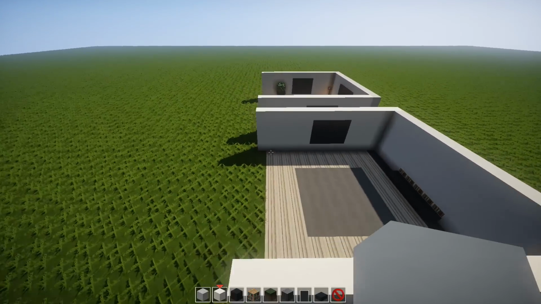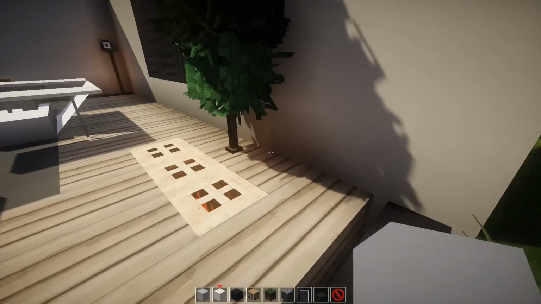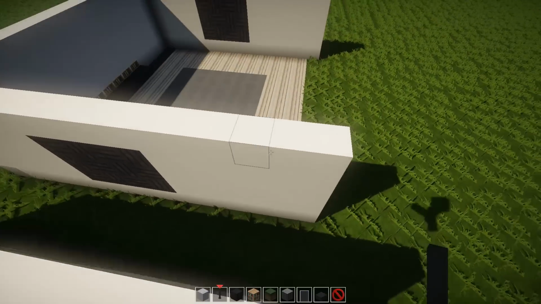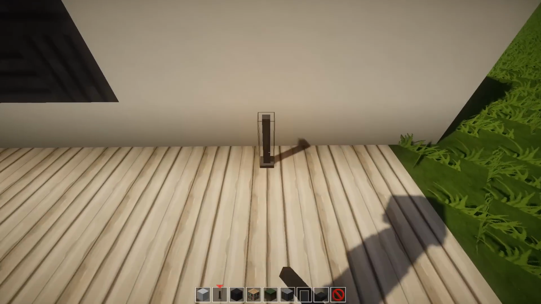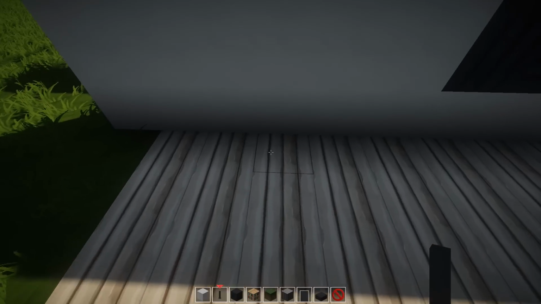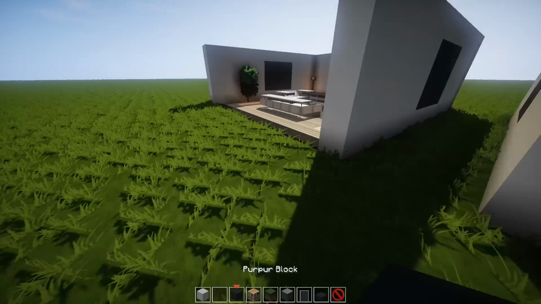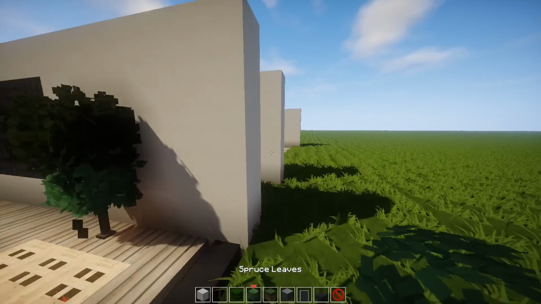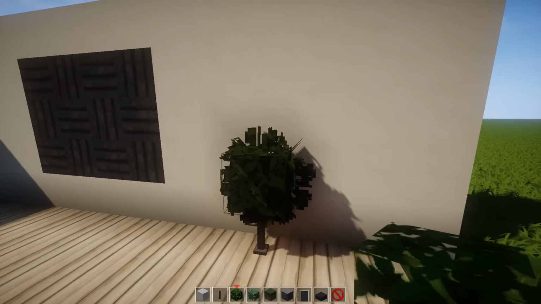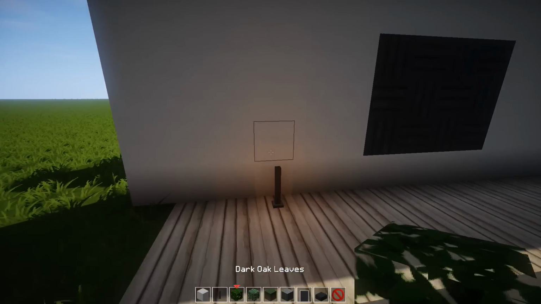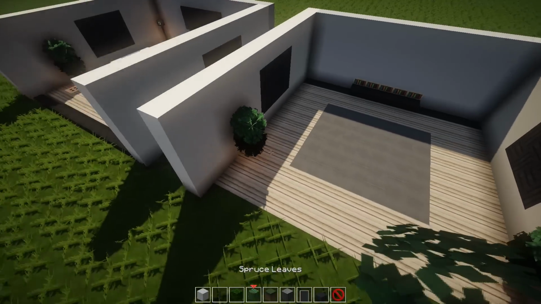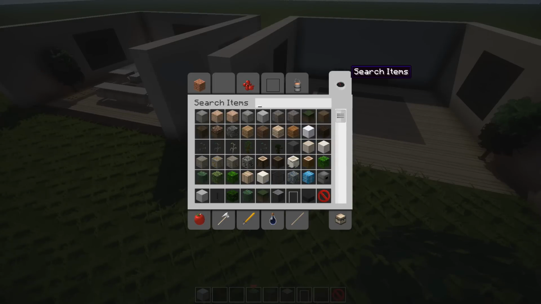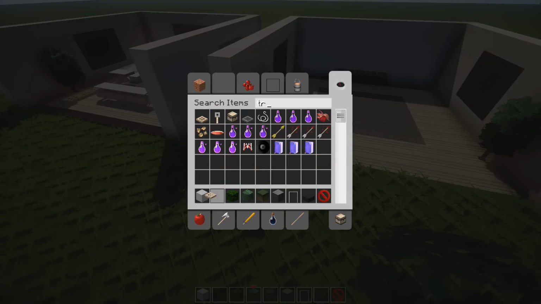So that's a wall piece right there. Then a really nice little addition that we have here is just 2 plants. They just brighten it up a bit and make it look a little more interesting. So they are in fact 4 blocks into the project, as you can see. So one there. And what we've done is we've used the dark oak leaves and also the spruce leaves just to give it, once again, a little bit more variation. Makes it look a tad more interesting than just having the same leaf block. And it also adds a nice little bit of color to the room, makes it look a little less plain and boring.